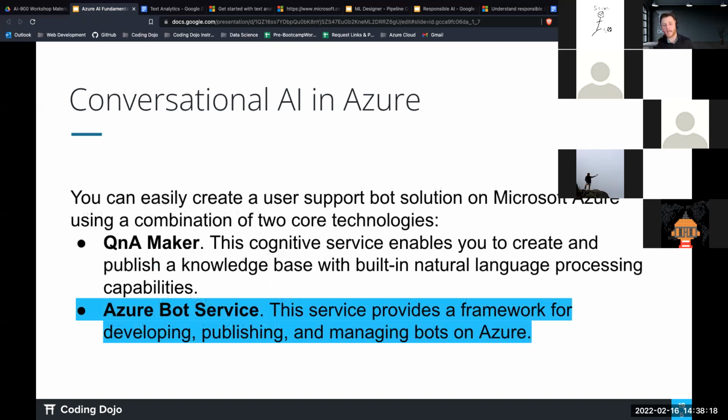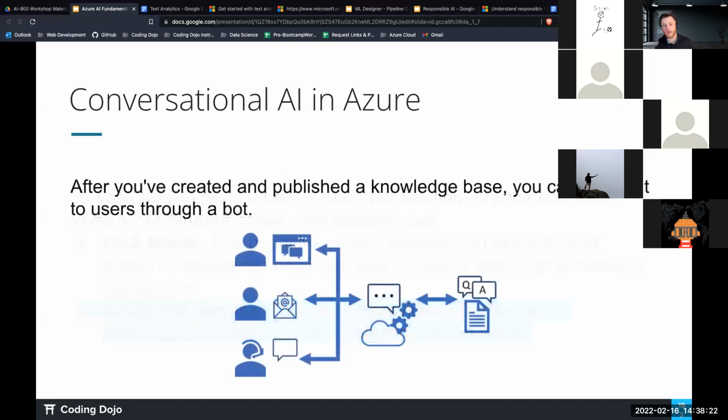Then with the Azure Bot Service, this service provides the framework for developing, publishing, and managing our bots. So basically, once I've created my knowledge base, I can deliver it to users through a bot. So I have my Q&A. Here's my knowledge base, my QnA Maker. I use my bot and then I identify what source or what platform I want it to be deployed on,